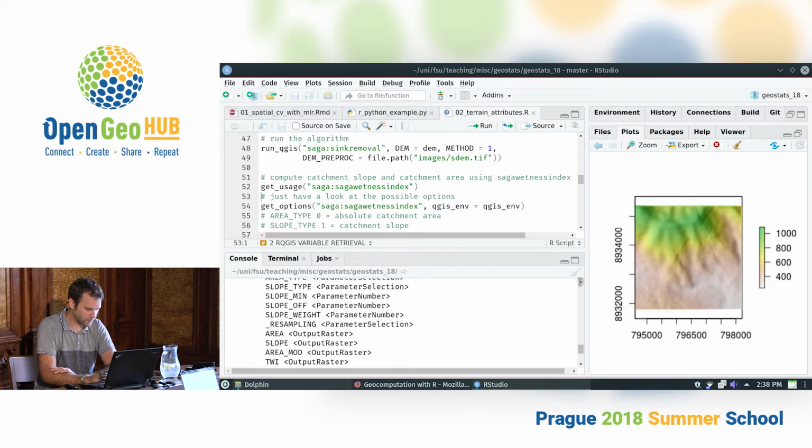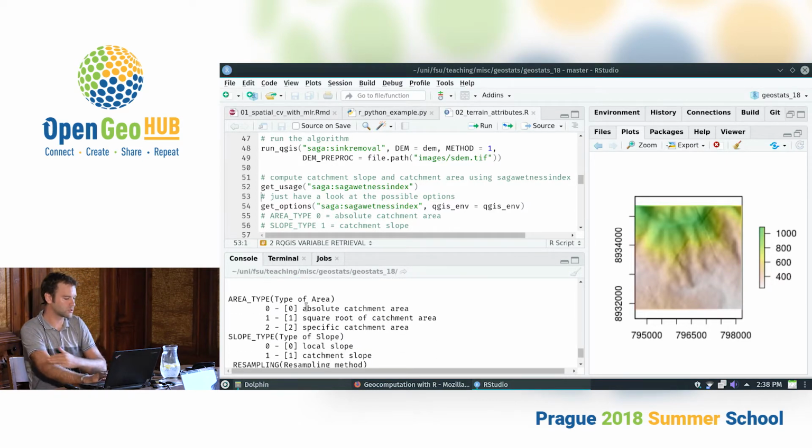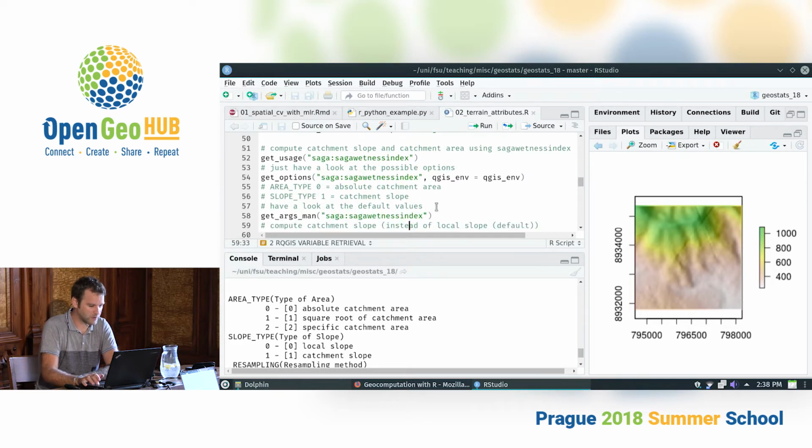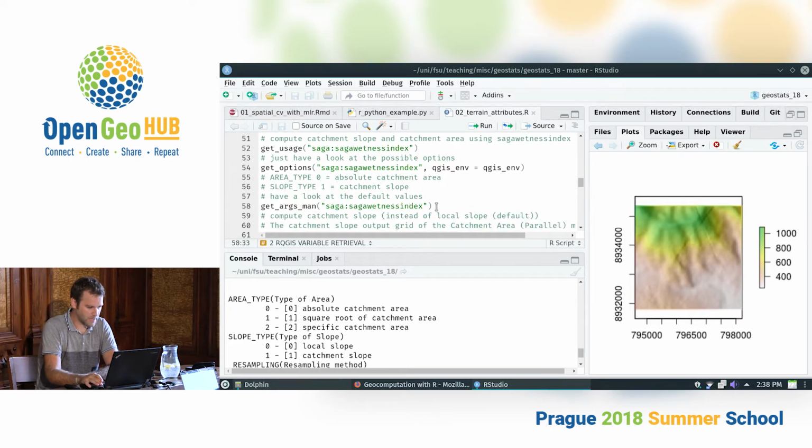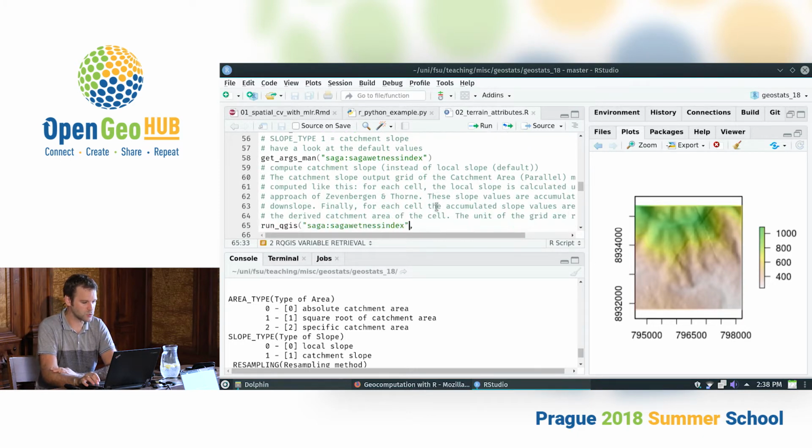So, for example, here's area type, and you can specify for area 0, 1, or 2, and 0 corresponds to the absolute catchment area, 1 to the square root of the catchment area, and so on. It depends on what you would like to have. We would like to use the absolute catchment area. And slope type equals 1 is the catchment slope. These are the two values or rasters we would like to